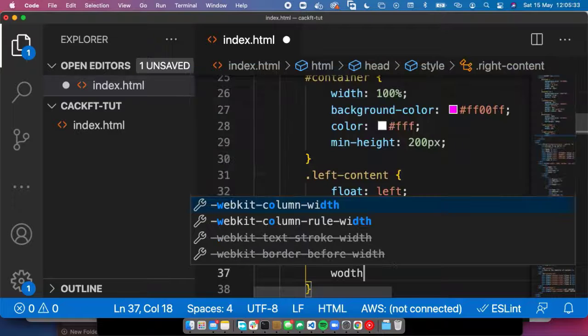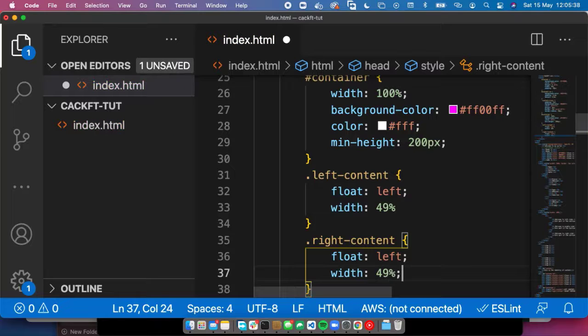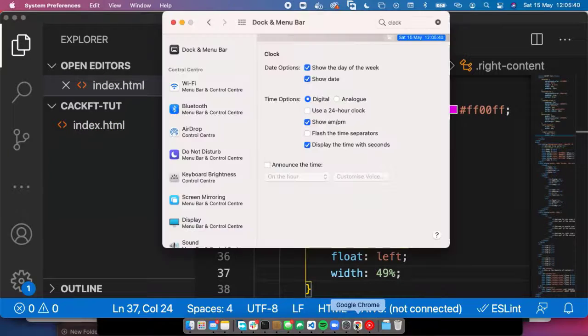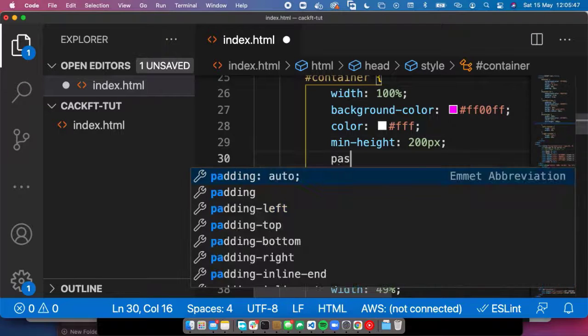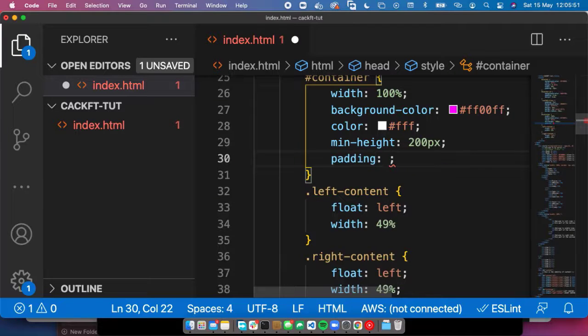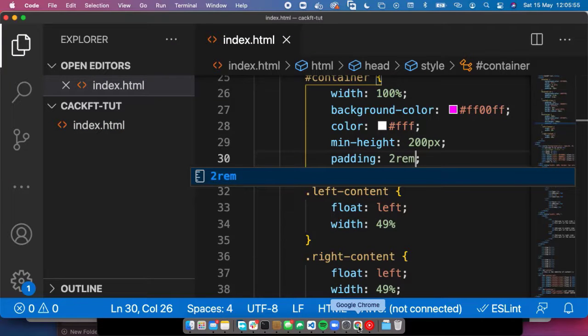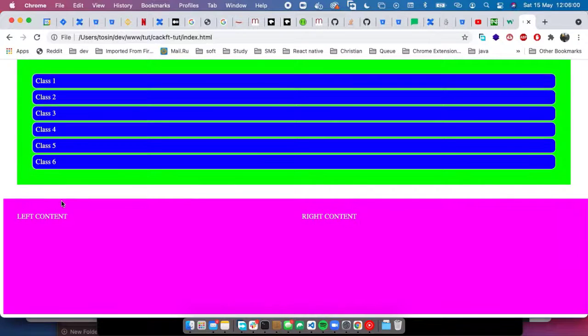Then this one here, 49%. So on this, and you refresh, do you see? Then let's give this one padding of, let's say, 2rem, and you refresh. Do you see now? So you see that I've divided this from this. So any content you are writing here,